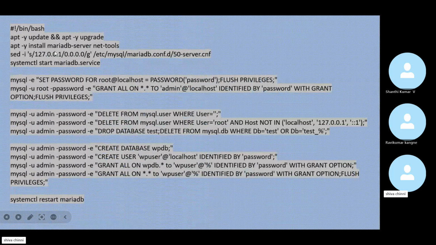So this is the installation commands for the DB purpose. Again, we are updating this inside the server, and we are going to install this MariaDB server, and we are going to replace this with /etc/mysql/mariadb.conf. Then we need to start this MariaDB service. After that, once I'm in the DB server up and running,